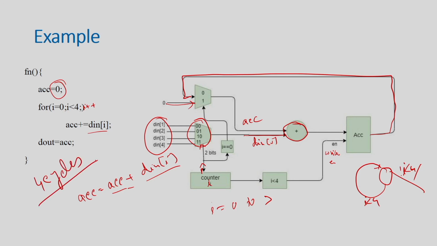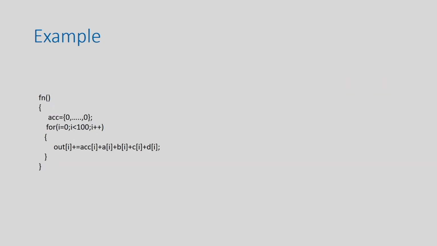So, this is very simple, and it needs minimum resource. The important factor here is that it needs minimum resource, because you are taking only one iteration of the loop at a time, and you are actually assigning resource for that, right. But it takes a lot of time, because it takes the maximum possible time to execute the behavior, right. So, let us take another example where I can actually do some resource sharing.